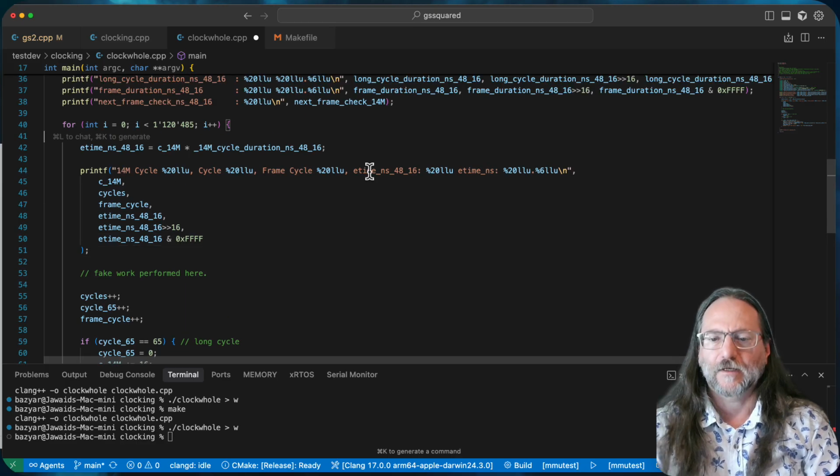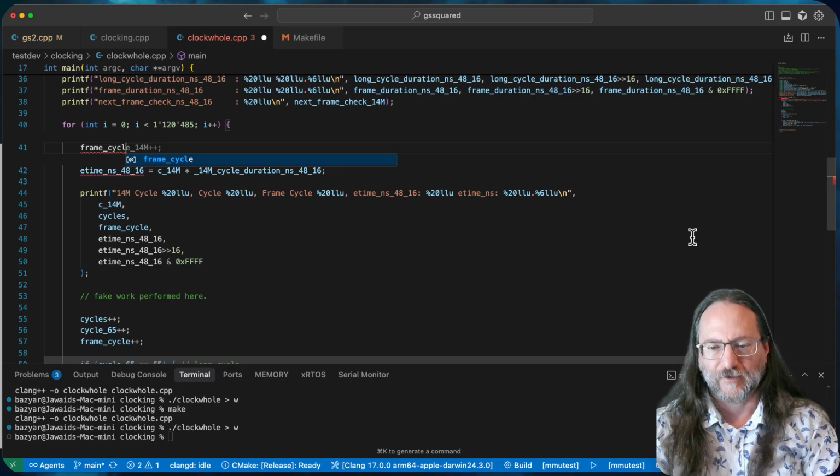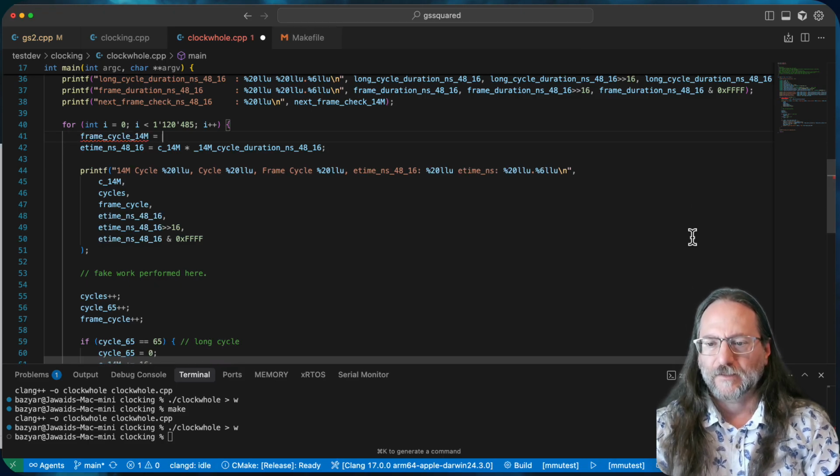Elapsed time. Okay. So I'm going to say cycle 14M equals C14M minus